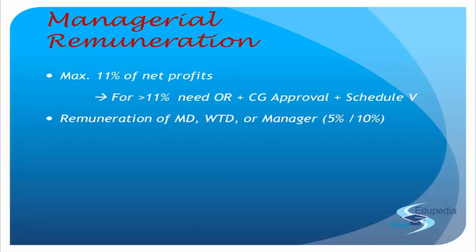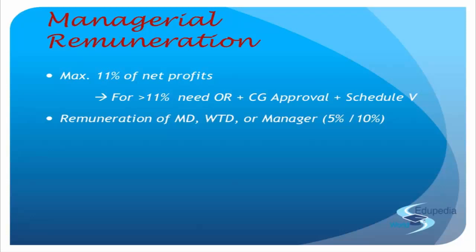They pay me something, whatever be the figure, right? So first you'll have to raise the bar for that 11% limit, and then within that limit, you'll have to set a limit for this 10%. You'll have to increase this 10%. So once you have already raised that bar, you have already taken approval from CG, followed your Schedule 5 and everything, and taken approval from members, you again ask the members, "Okay, see, you have already raised the upper limit for the entire thing. The bar is raised. Now please raise our limit as well."